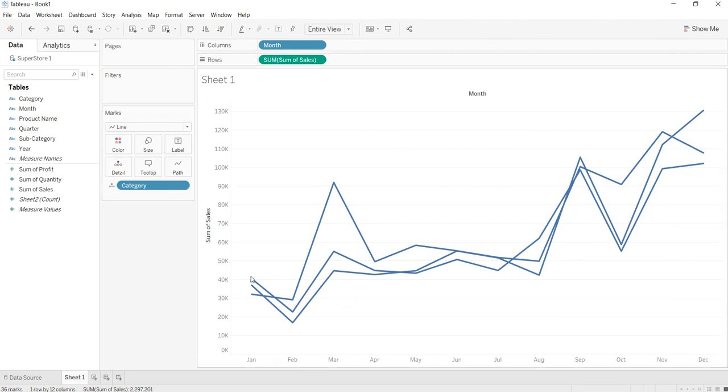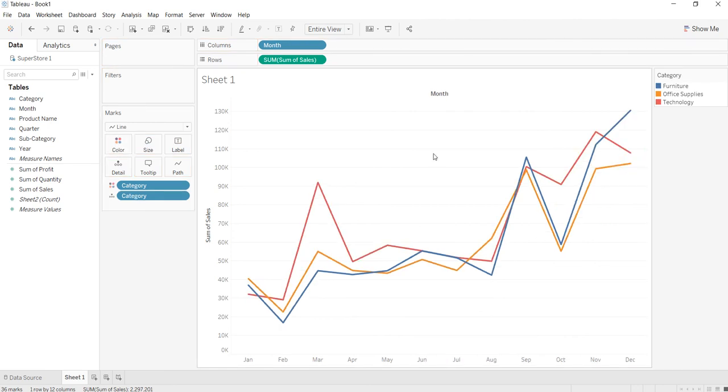Now for each of these categories I have a different line. To make it more clear, again I'll drag and drop the category onto the color property just to distinguish between the three categories. So this is quite intuitive and this is really powerful.